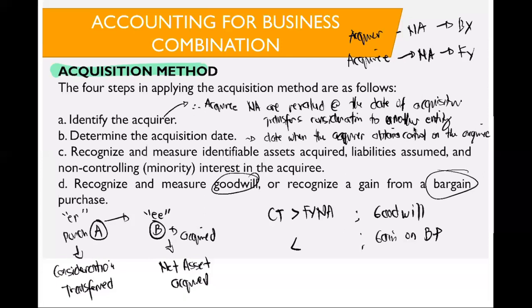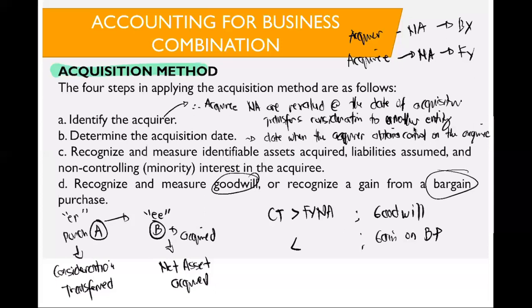So we need to compare the consideration transferred and the fair value of net asset acquired. If the consideration transferred is greater than the fair value of net asset acquired, we have a goodwill. But if the consideration transferred is lesser than the fair value of net asset acquired, we have a gain on